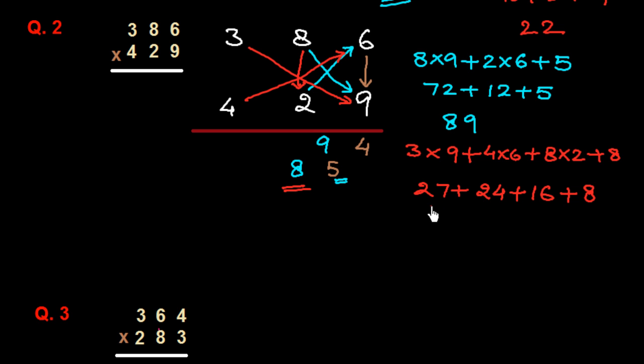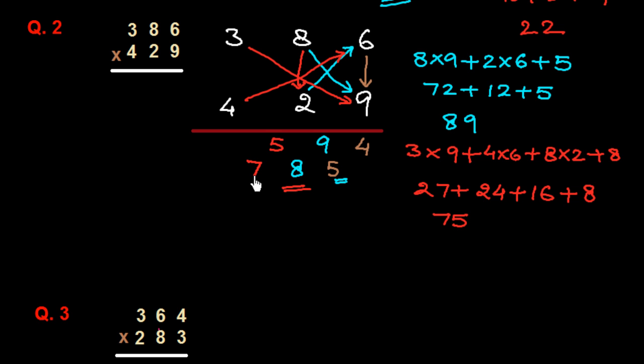So here if we add it up, you see 27 plus 24 plus 16 plus 8. So it is 48 and 27, 55, 75 we have. So I write down here 5